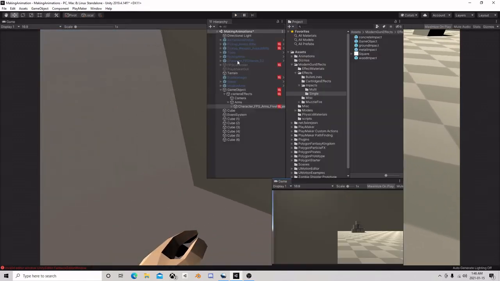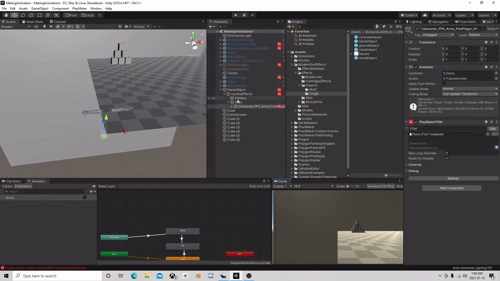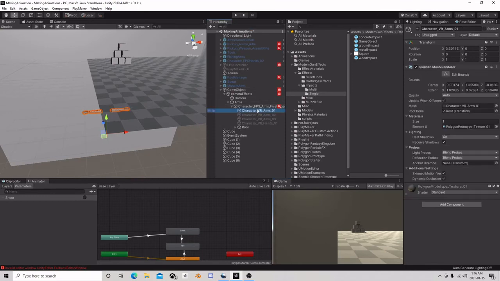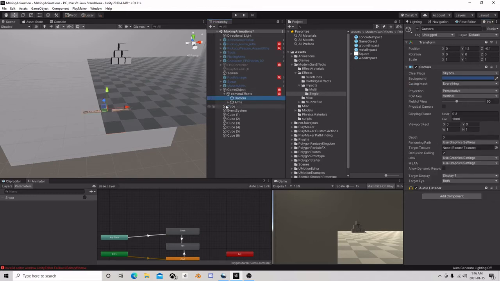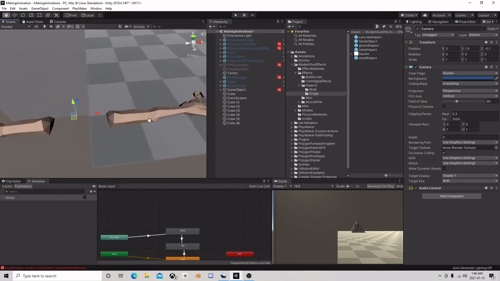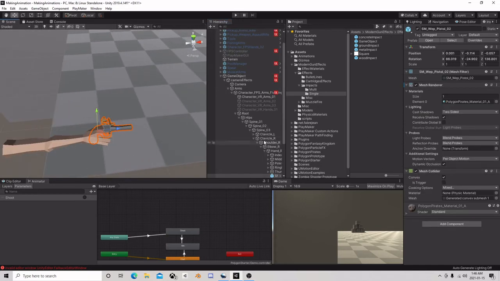Okay, well, that's looking a little better. The arms, they have that weird look, but that should be fine. What else can we add on to this? Let's add